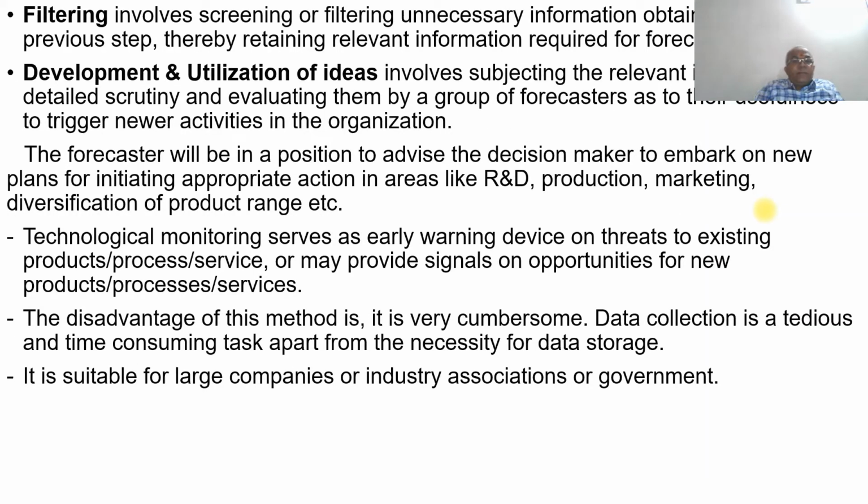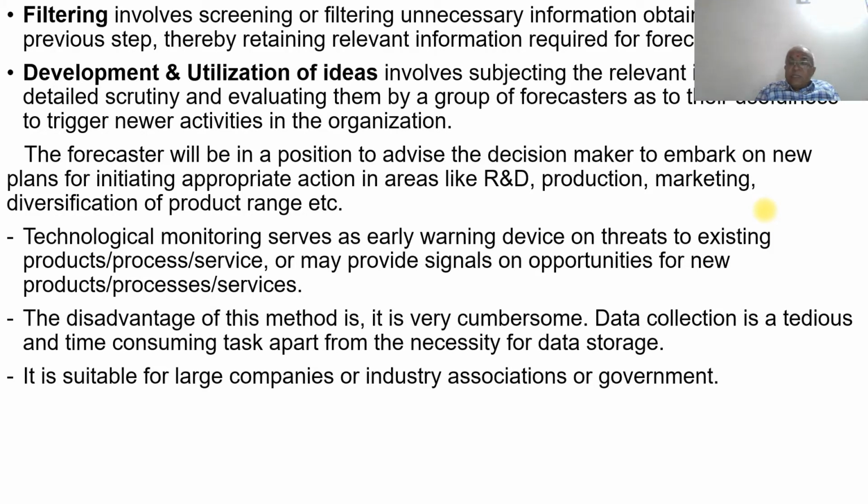Then filtering involves screening or filtering unnecessary information obtained in the previous step, thereby retaining relevant information required for forecasting. As the name itself indicates, we are filtering.